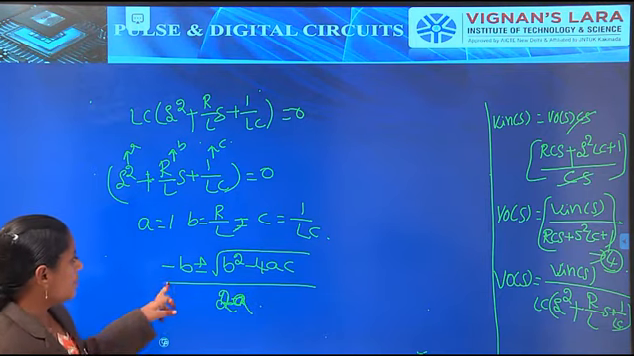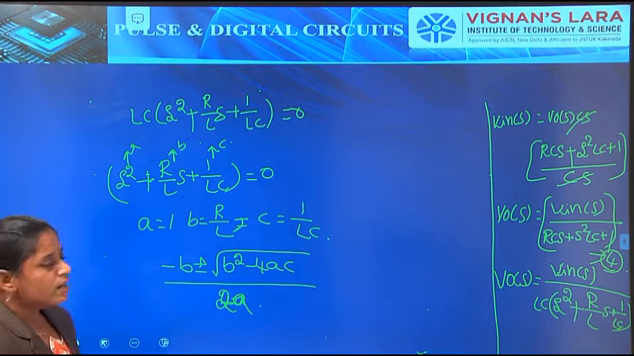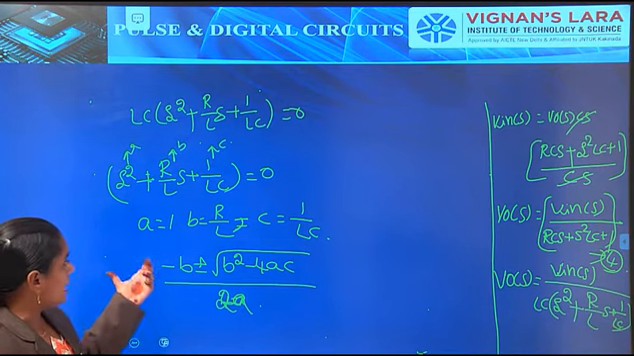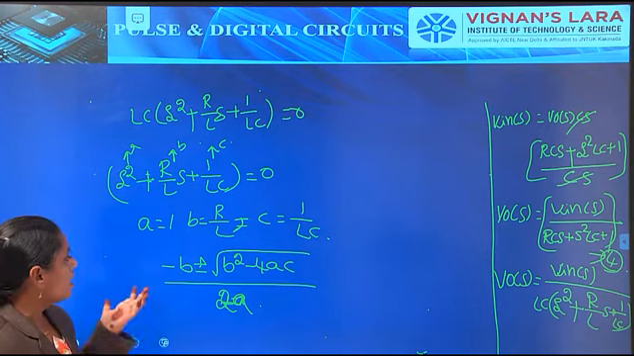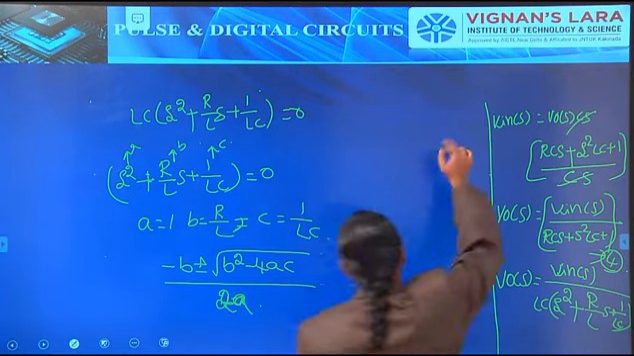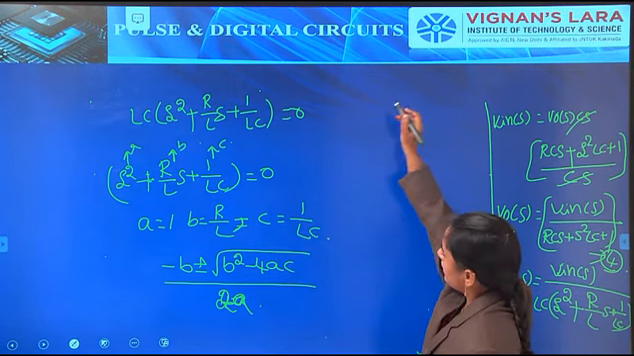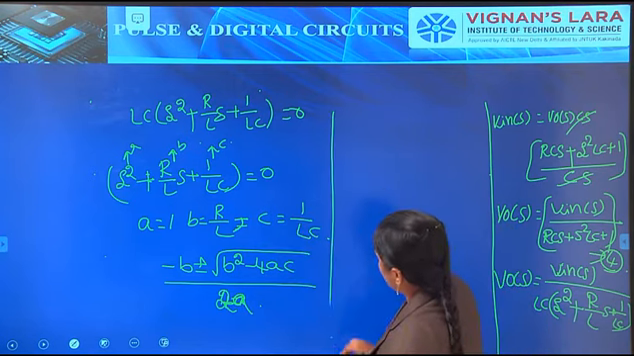So the equation will be -b ± √(b² - 4ac) / 2a. In this equation we have to substitute the a, b, c values, and then we get the equation in terms of s. So then the equation becomes, what is the value of